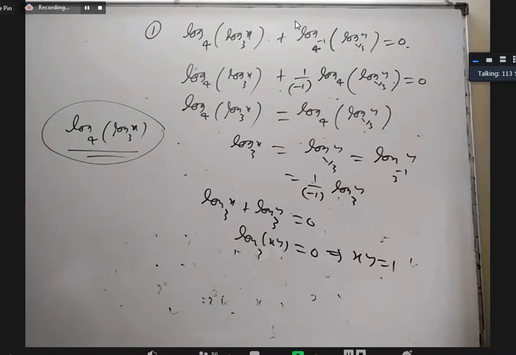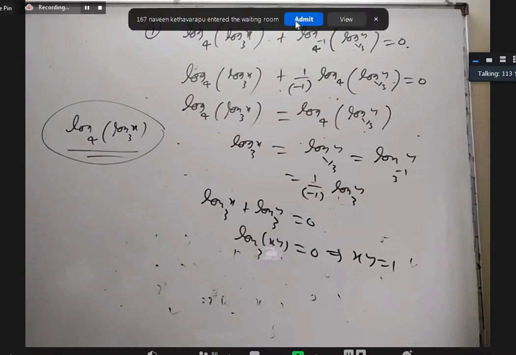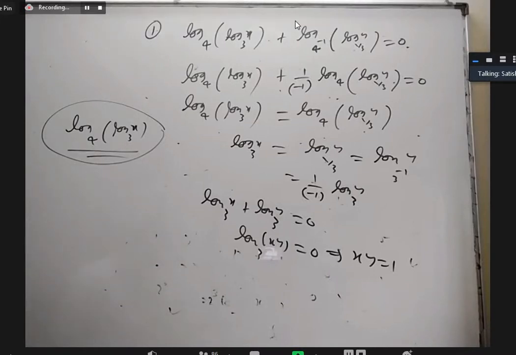X belongs to R plus minus 1. X belongs to R plus? Minus 1, sir. Only 1. Minus 1. Okay, let us see. Anybody else want to tell? So you are saying between 0 to infinity except 1. Right? Other than 1. What about 1? If I put 1 by 3, what happens? Let us see. X should be greater than 1, sir.